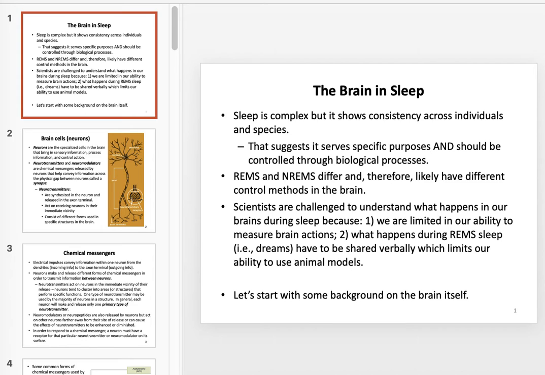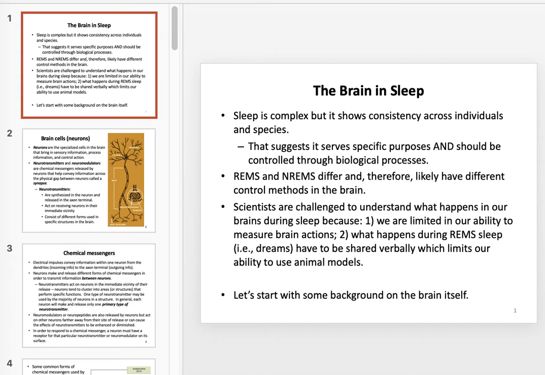points in the brain. Now, scientists are actually just kind of guessing sometimes on how our brain does actually control sleep, primarily because we're limited in trying to really measure things in a brain of an awake, alert individual. We can't use animal models to study what happens during REM sleep because a lot of that is subjective. The dream state and what's experienced by an individual typically has to be shared. That's not something that can be shared with most animals or the animal models that we might be able to